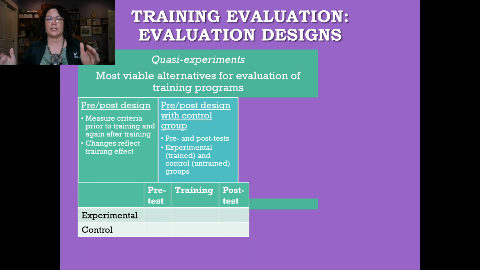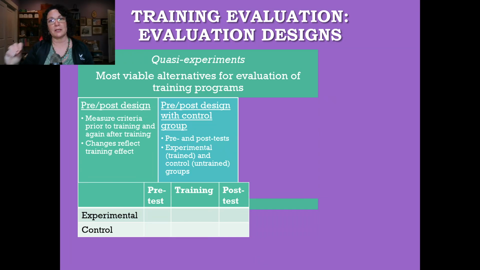In the situation where we give you a pre-test, everybody gets trained, and then you take a post-test, there's the possibility that it's not the training that was important. It was something else that everybody experienced that had nothing to do with our training. Maybe everybody saw something on TV. I don't know. And so by having this kind of control group, this pre-test, post-test design with a control group,